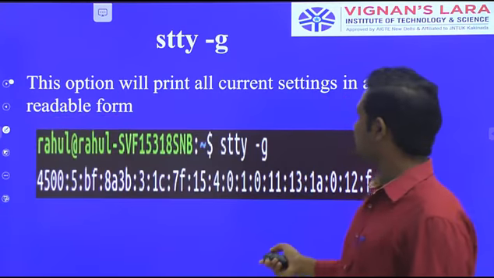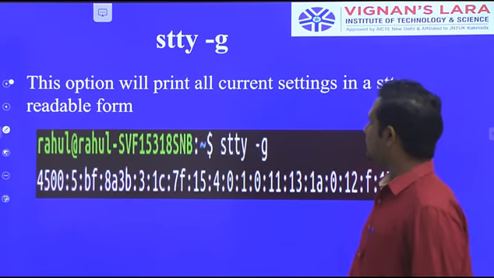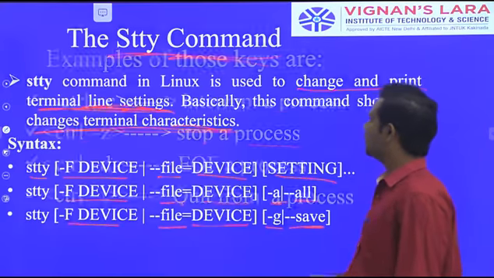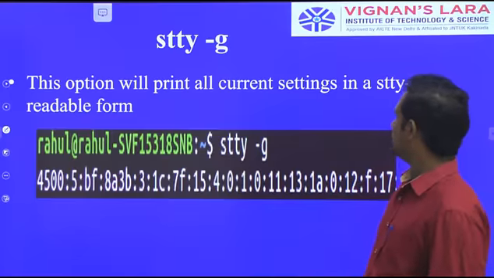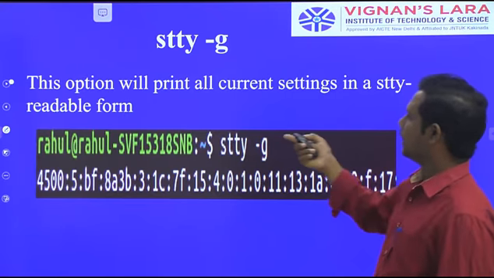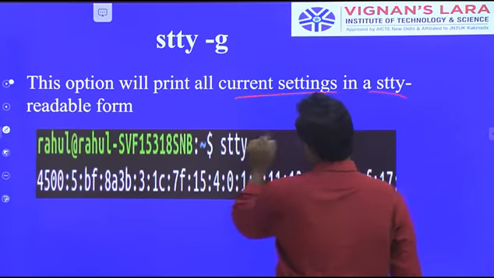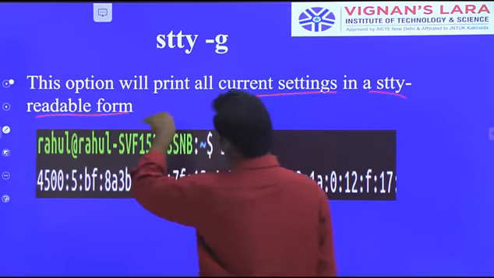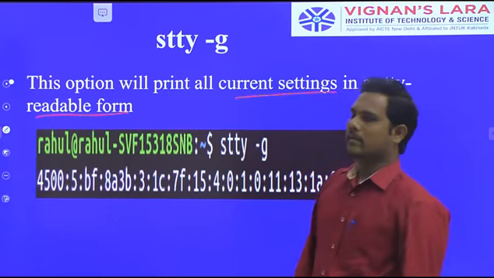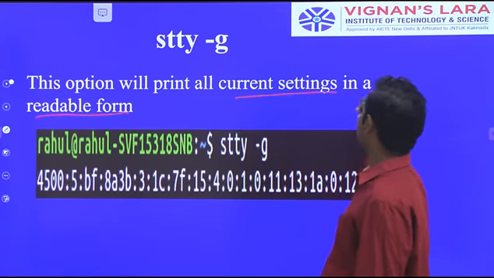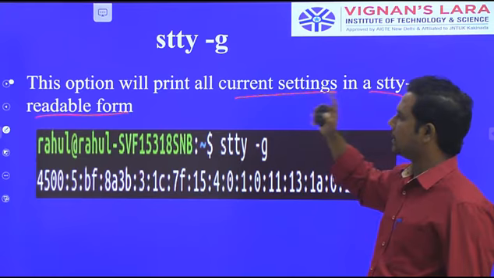Next, STTY G. STTY G means current settings in a stty readable form, not human readable. It is just a small readable form. This option prints all the current settings in the stty readable form.